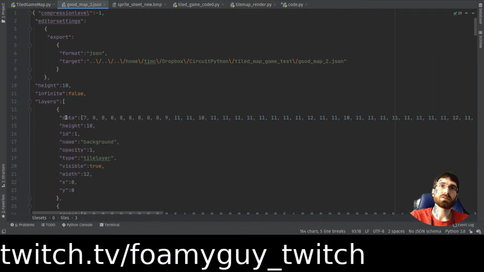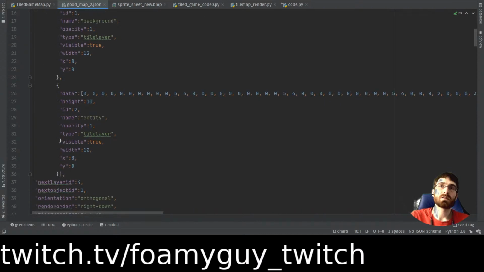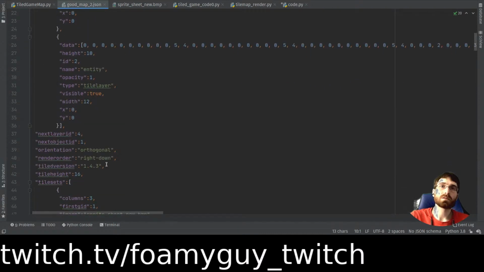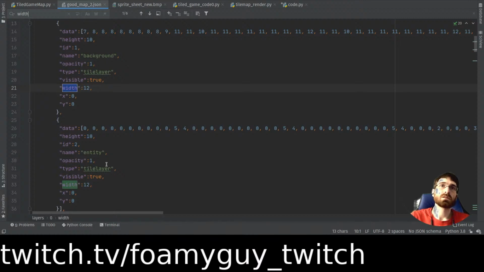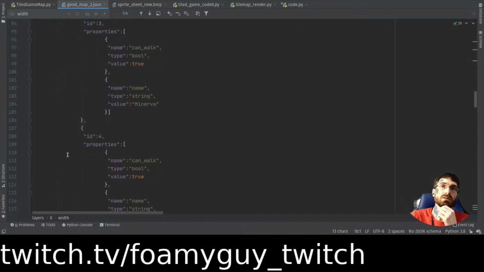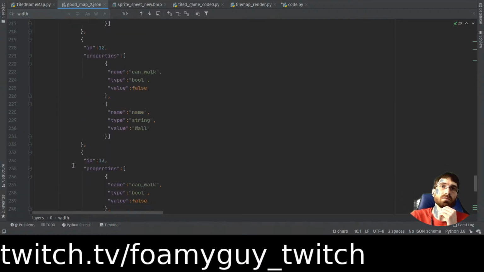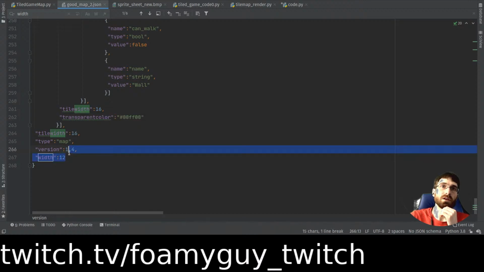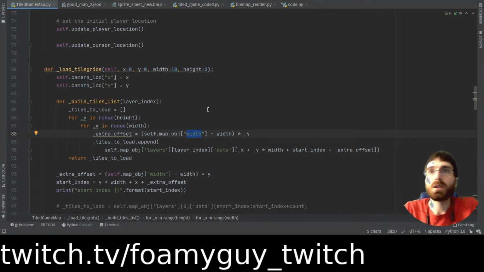This is in tiles. Height is 10. Width is 12. Okay. Oh, these are on the layers though. About the full map object. Yeah, 12 also. Okay. Map object width. So